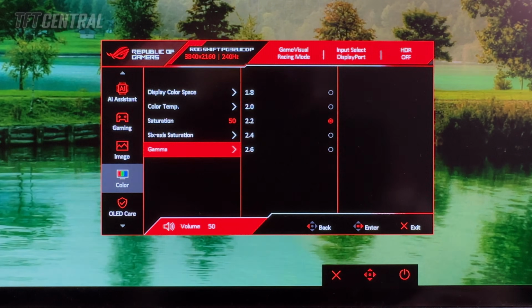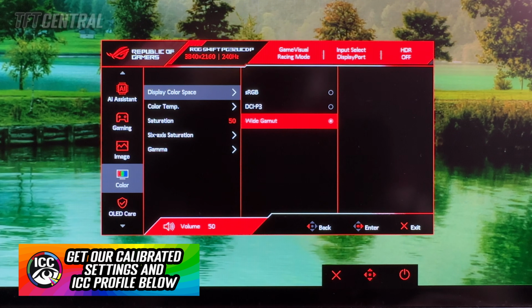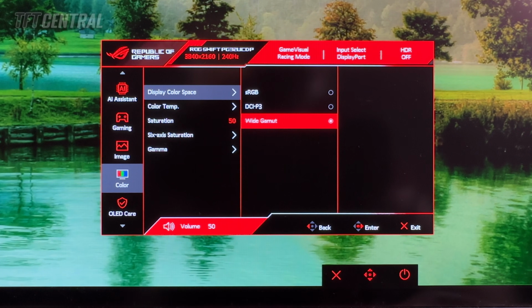is the default. So this is the screen set in its wide gamut mode, which will give you a more vivid and colourful looking image, but it won't be as accurate for sRGB content. If you're just gaming, or you're using the screen for multimedia, or you don't mind the more colourful looking image, then just leave it on wide gamut, that's fine. You can also find our calibrated ICC profile in the description below, which is set for the wide gamut mode, but will clamp the colour space back to sRGB for colour aware applications. So you might want to check that out as well if you're going to run it in the wide gamut